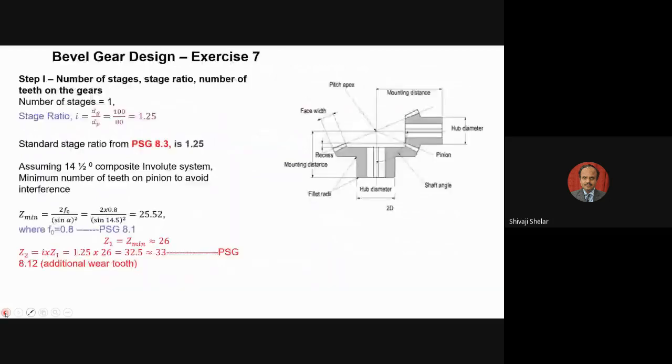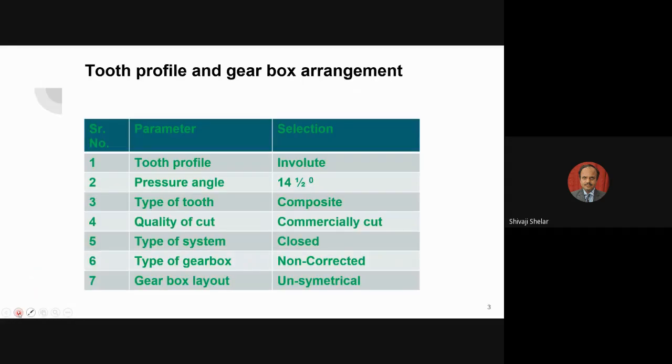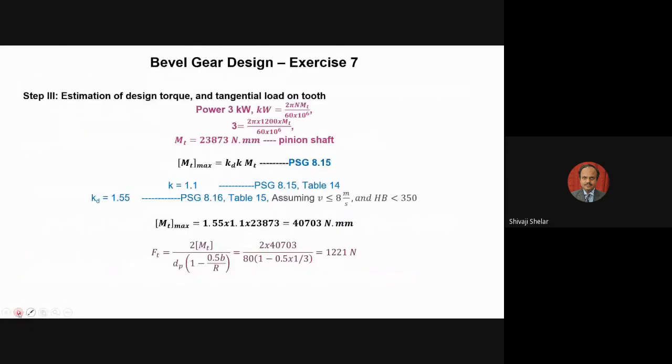See what we have done in the calculation: determine the module. So we have determined the module. Next is to determine the face width and the surface area. Now the face width calculation is 10 mm. It's again a geometric calculation, but you have to check that the geometric calculation is correct or not. So we are going to the face width calculation here, checking for wear load.